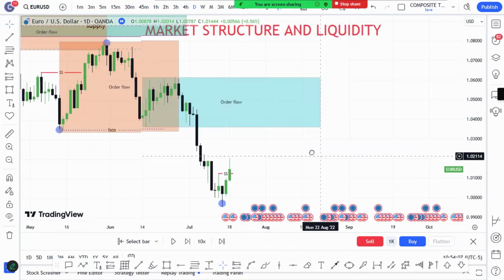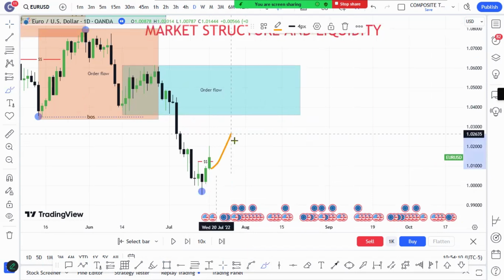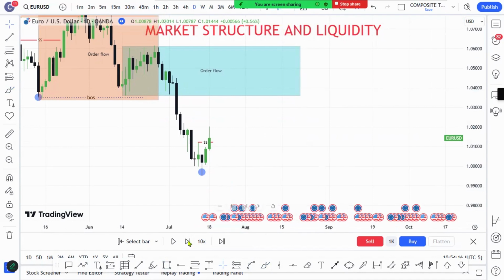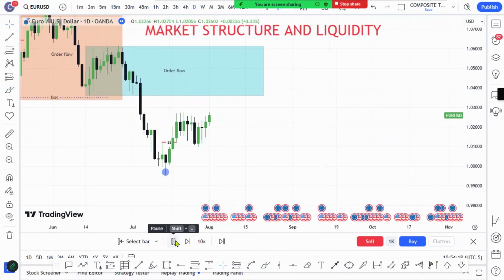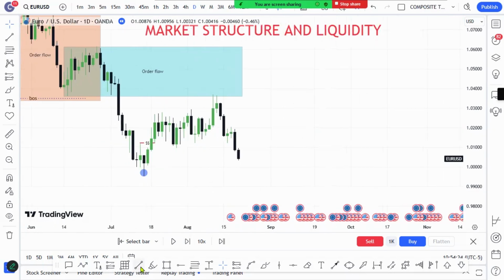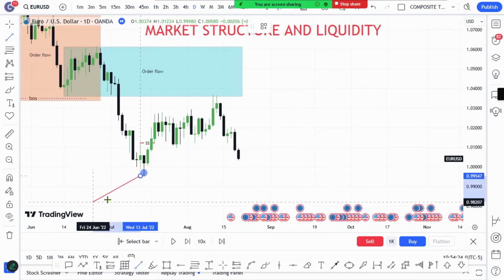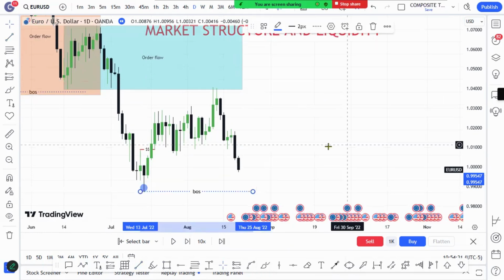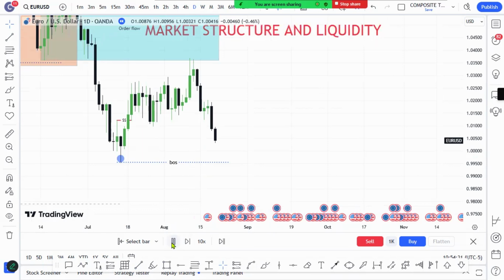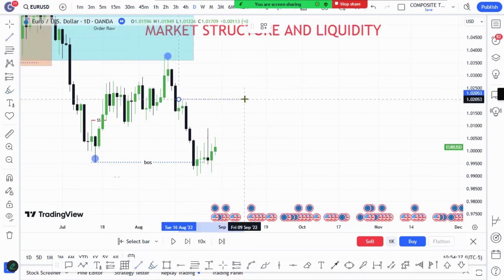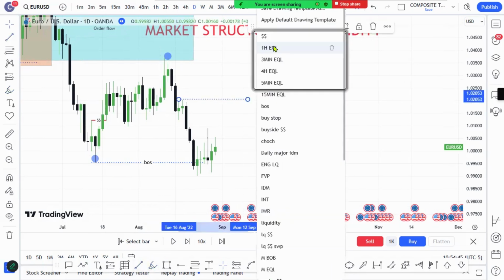All right. So again, this means that the market is likely just to come, mitigate your order flow, and a sharp run to the downside. Okay, mitigation of the order flow. Look at that. And after mitigating the order flow, if the market breaks this structure to the downside, we'll have our new break of structure here. So let's see what happens here. Okay, we get a new break of structure, and this means that these are protected highs that should not be violated. And the next liquidity zone is here.